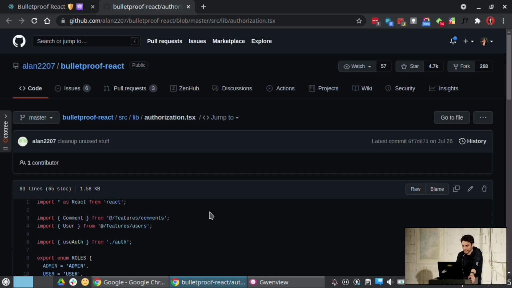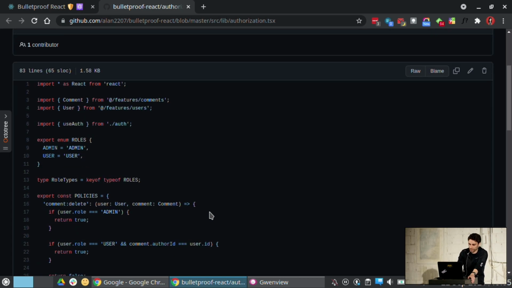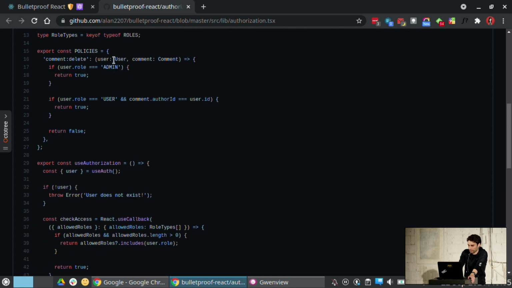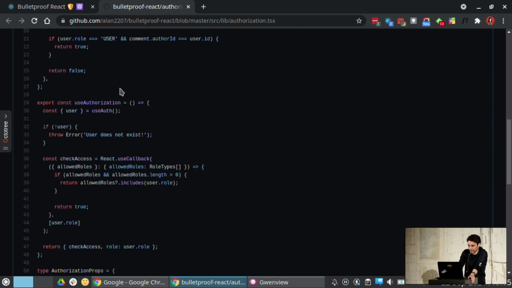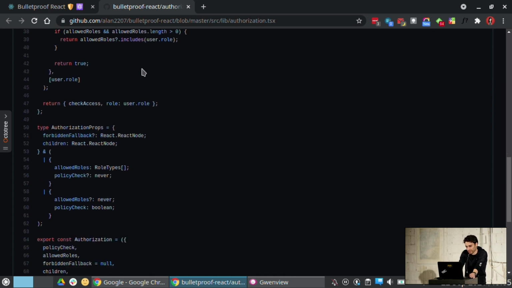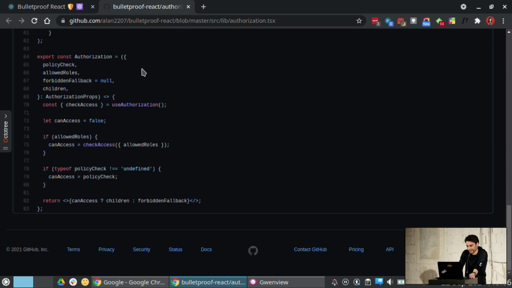And as we discussed libs, we have the external ones, and this is an internal lib only used by this application. So here we have some roles and policies defined, and then we are exporting the use authorization hook and the authorization component,